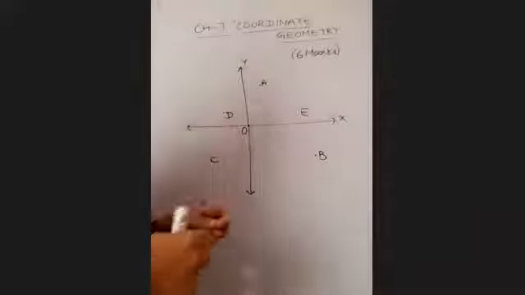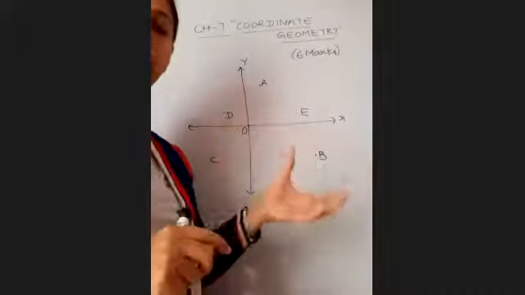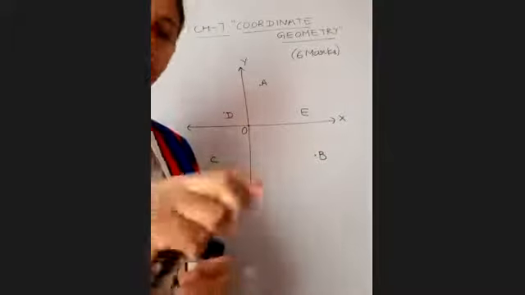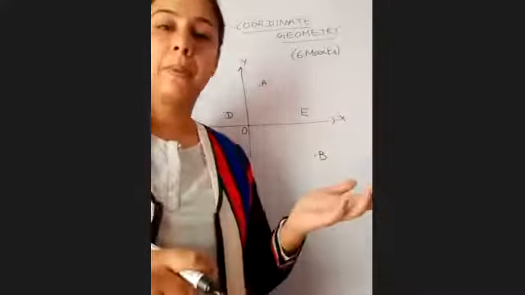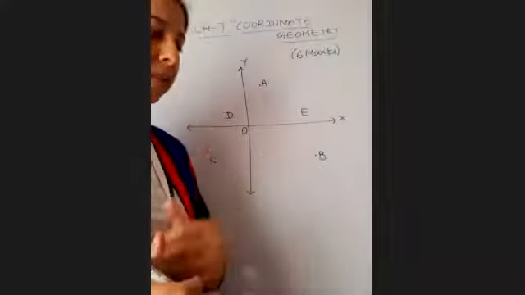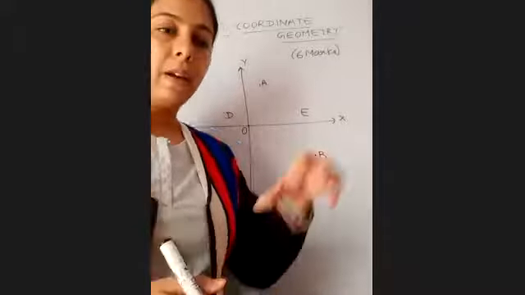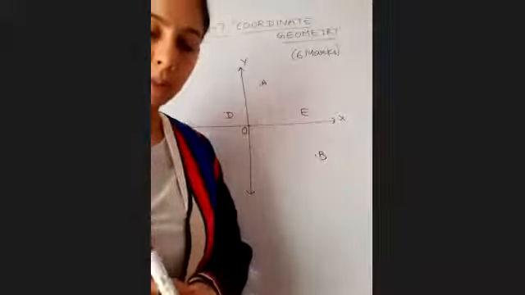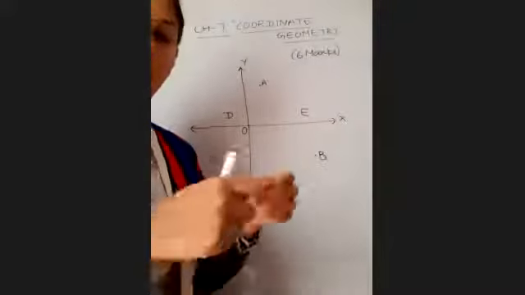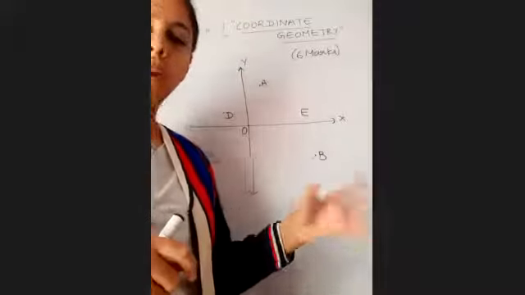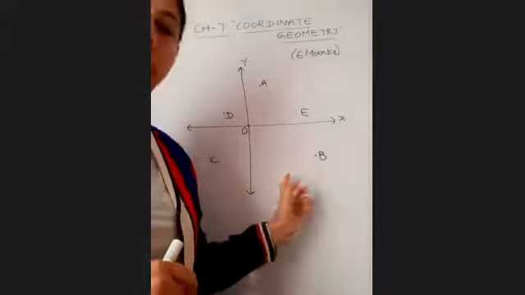You don't have to have a measuring tape in your hand. If you know the coordinates of that particular point, you can find the distance sitting just using a pen and paper. Now, where is it useful? If you have seen in our sports ground during sports activity, we mark certain points on the ground for the athletes, like for a relay race. Do you think they measure with a measuring tape, or they make use of coordinate geometry? They make use of coordinate geometry.